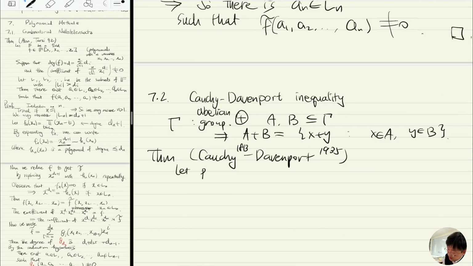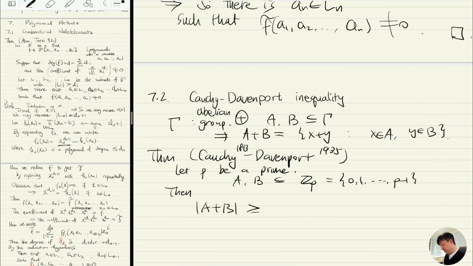So let p be a prime and A and B be subsets of Z_p, right? So 0, 1 up to p minus 1. Then the question is, how big is A plus B? And the theorem is that it's